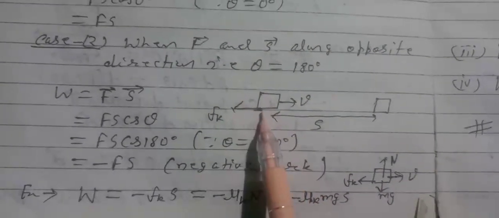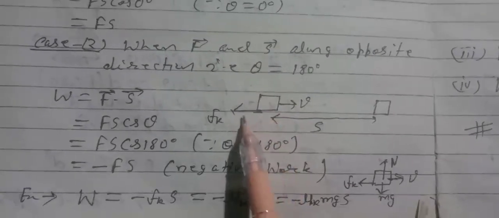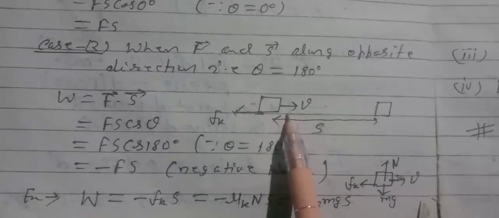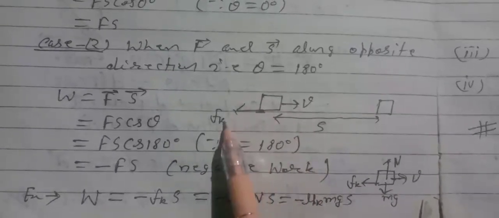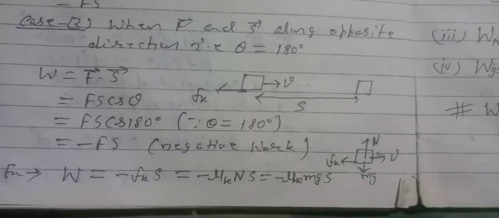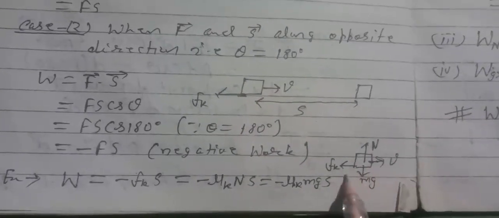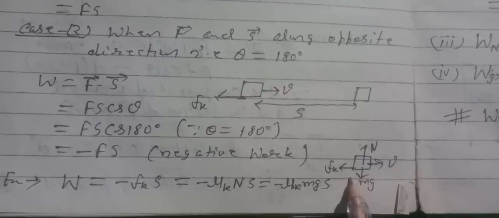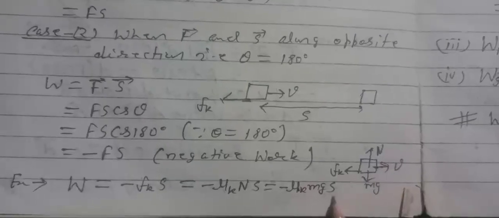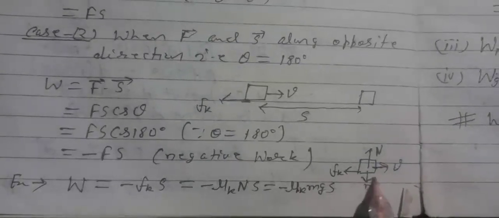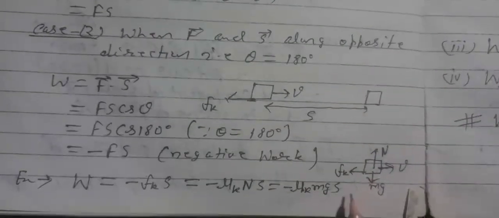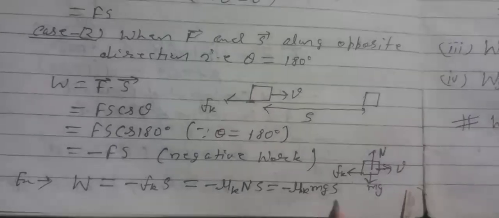Here in this figure a situation is shown where kinetic friction is acting opposite to the movement of the body. So the work done by kinetic friction will be negative and given by minus F into s. This is also shown for the case where kinetic friction is acting on the body, because we know that kinetic friction acts opposite to the movement of the body. So in this case the work will be negative and given by minus mu k into mg into s,